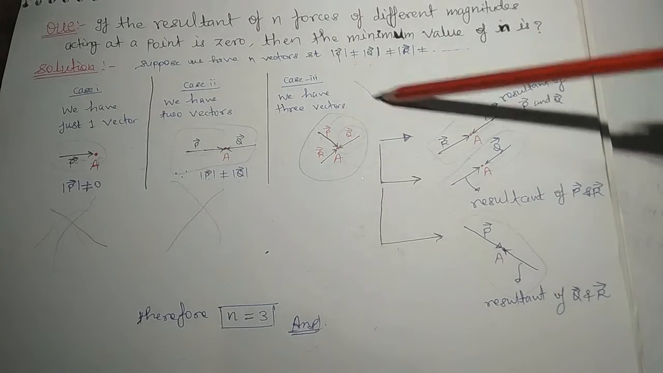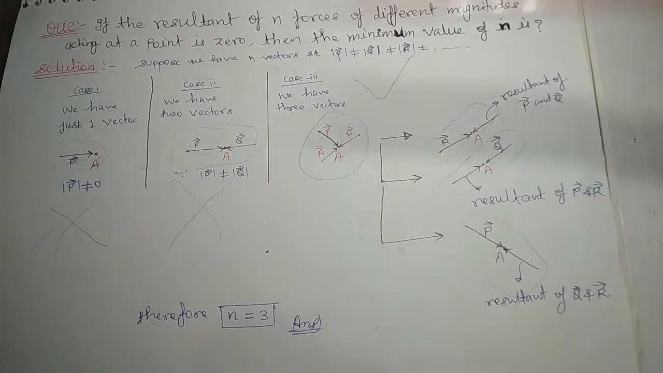So this is the case where the resultant of these three forces may be 0. The right answer is case 3, that means n is equal to 3. That means the minimum number of forces which should be applied at point A so that the resultant is 0 is 3. Okay, the next question is,